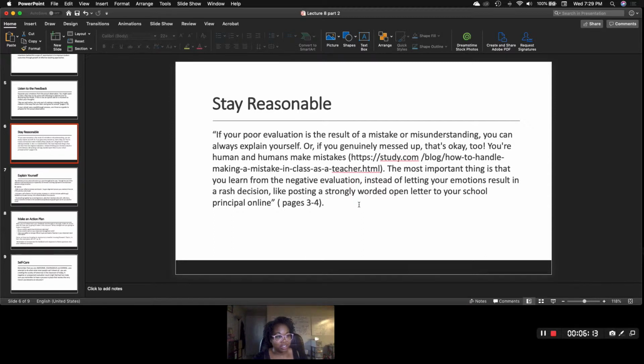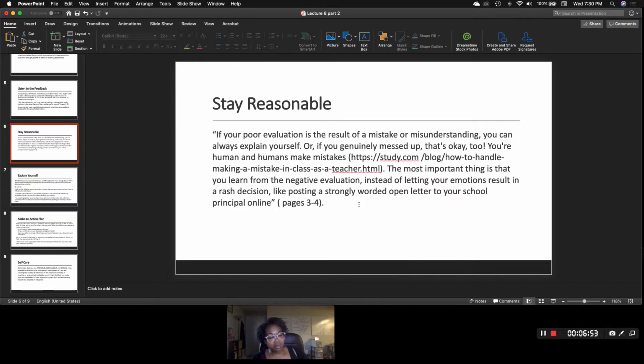I used to become very terrified. And then the debrief would escalate that terror. I didn't eat all day, and I'm surprised I didn't get an ulcer or something because it was so bad. So make sure that you're able to listen to the feedback and you're in a place to actually receive it, meaning separate the emotions and then allow yourself to process at a pace that is comfortable for you, if it's available. If not, go to the restroom, scream a little bit, and then meet your supervisor in their office if it's possible. Stay reasonable.